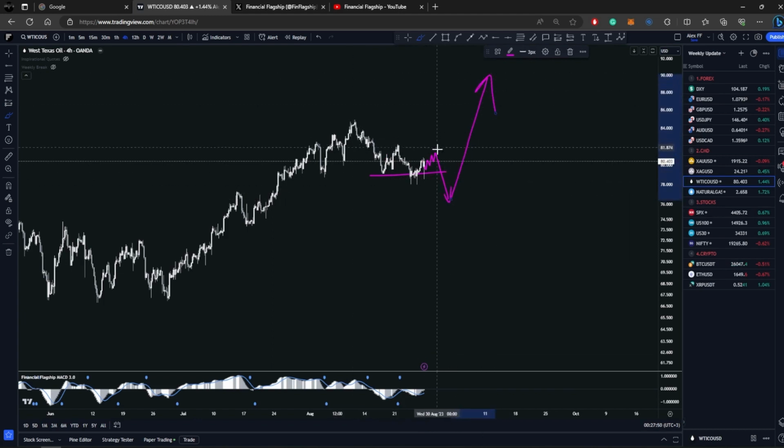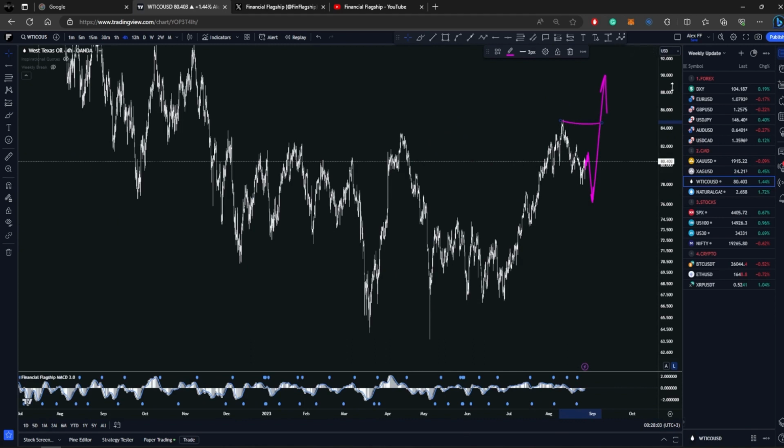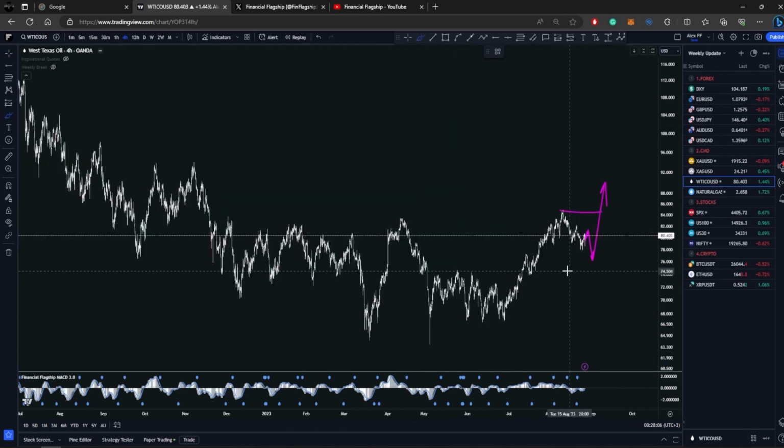Until then, we have to patiently wait for the price to develop. Don't jump in any stupid trades. This doesn't convince me that this will be the one that will go from here, because we have a pretty strong impulse behind us. So this might drop a bit.